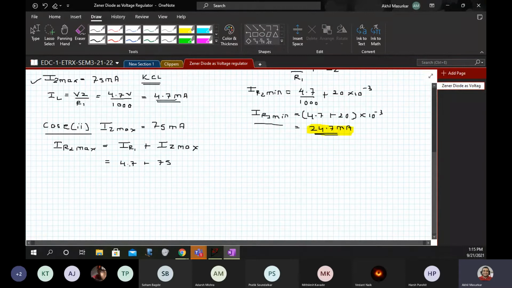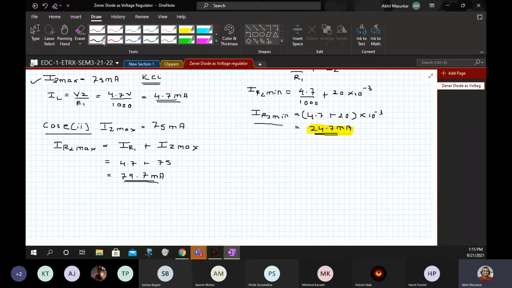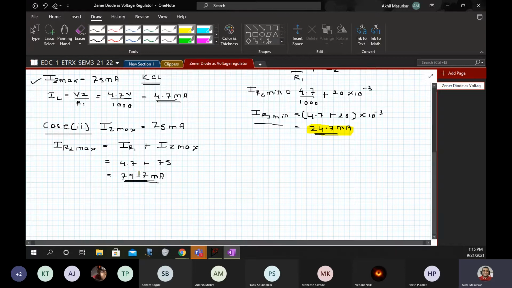So what we get here is 79.7 milliamperes. This is the maximum current variation which can be allowed due to change in V in.